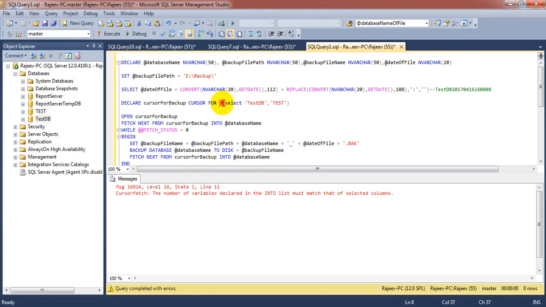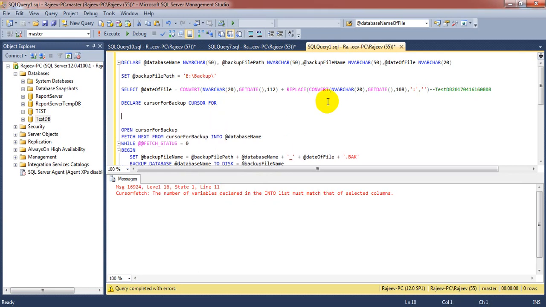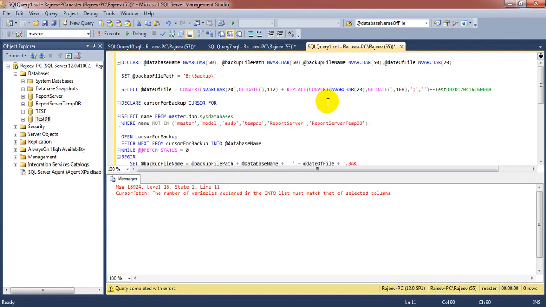So how are you going to write this? You have to write like this. Select name from the master database, master.dbo.sysdatabases. Here we have every database which we have created, along with the system databases.